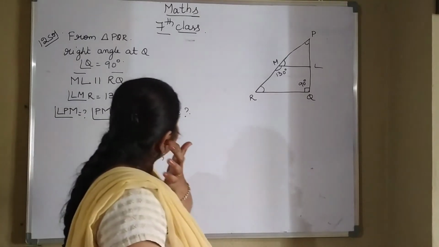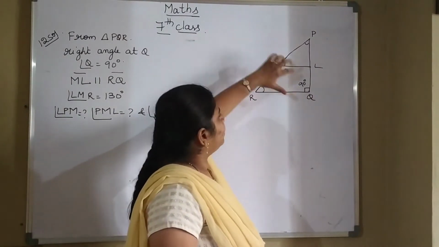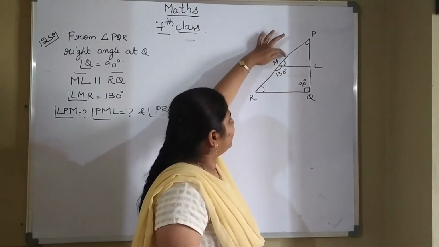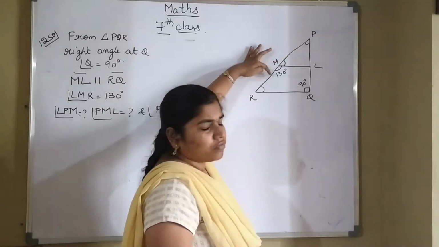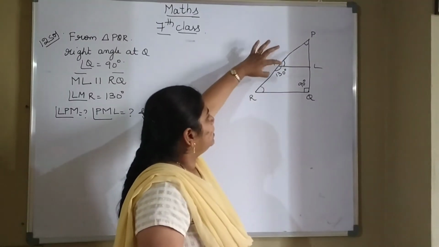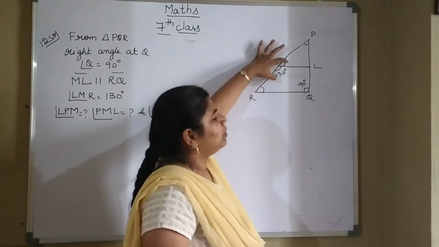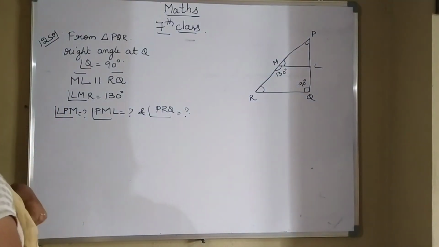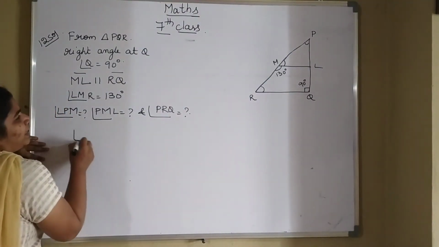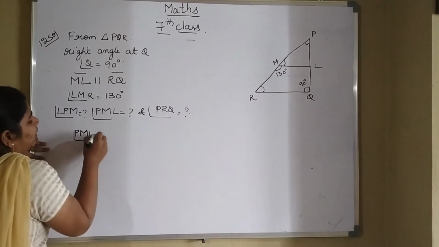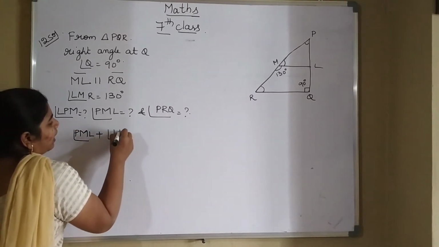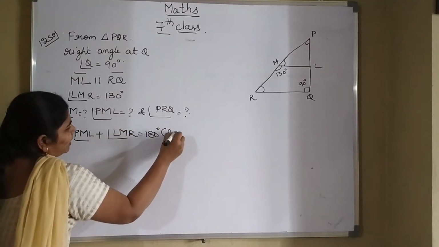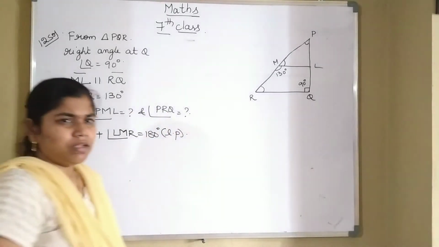Before finding which angle I am finding here, I am finding the M angle first. If you take this M angle, this is a linear pair, that is it is forming one straight line. So what it is forming? It is forming one straight line. That means if you add these two angles, that will be equal to 180 degrees. Okay, so now how I am writing that? I am writing in the form of angle PML plus angle LMR is equal to 180 degrees because it is forming one linear pair. Linear pair is nothing but 180 degrees.